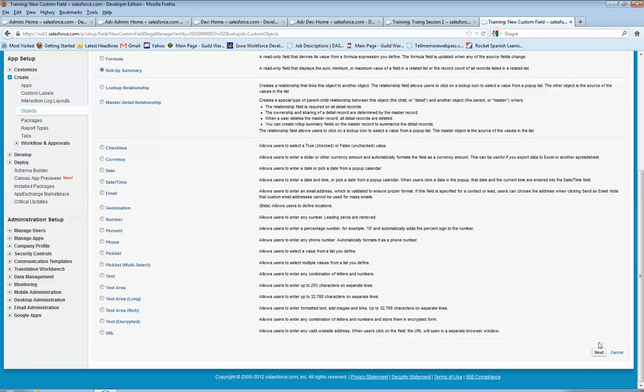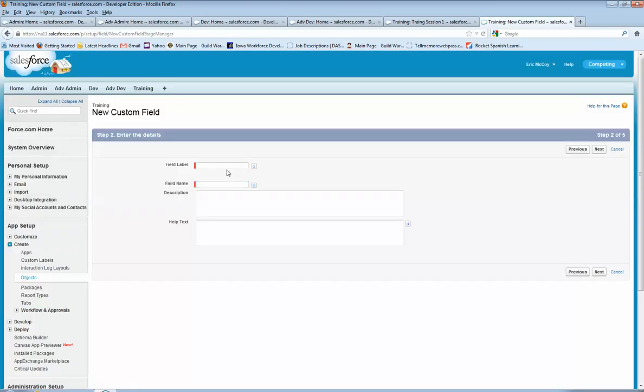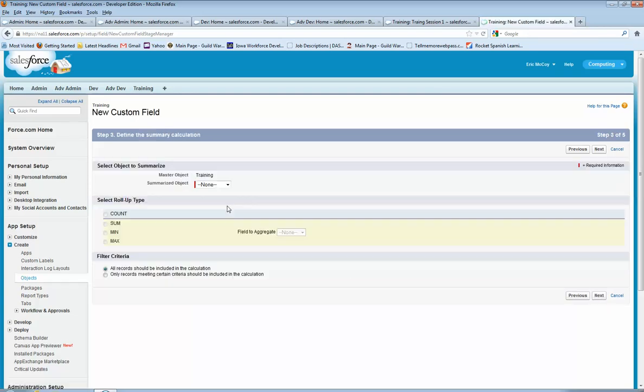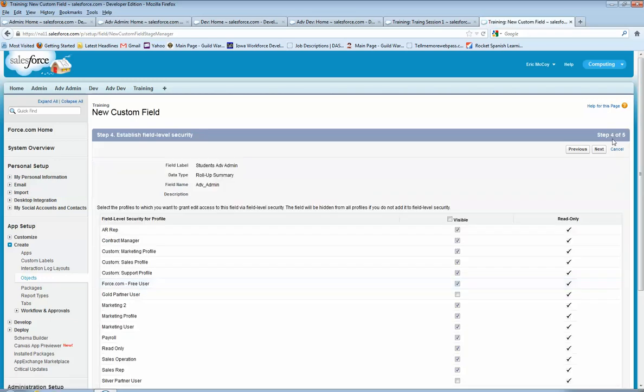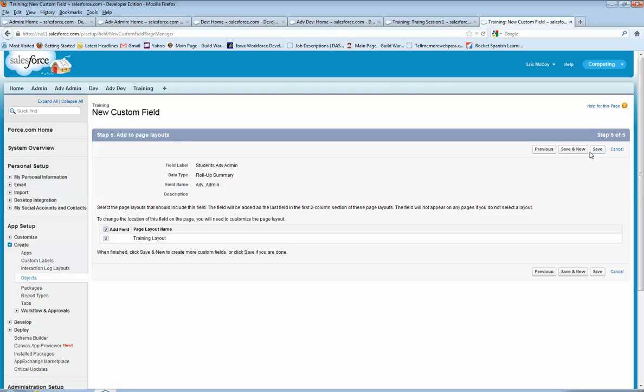Roll-up summary, we're going to do advanced admin students, I guess, so we'll put students in here. For advanced admin, next. Make sure that you select advanced admin, count, next, next, save and new,